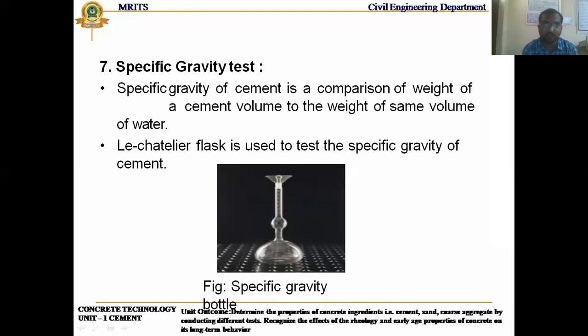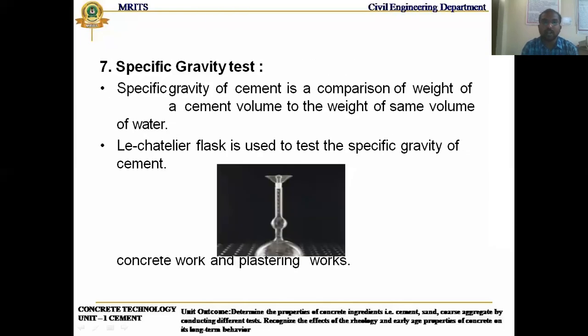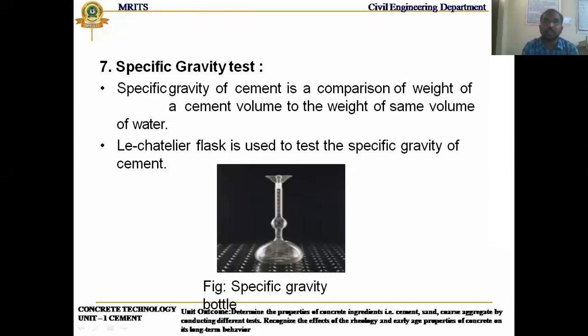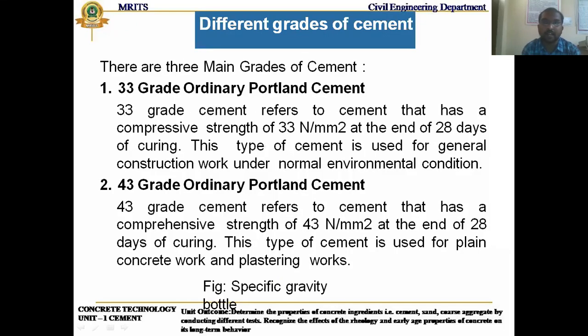First, we need to take the initial weight of the specific gravity bottle, and later we fill it with the cement and take the weight, and after that we fill it with the kerosene and repeat the process. I have explained that process before also. Specific gravity is the unit weight of the substance divided by the unit weight of the reference material. The reference material that you are taking here in the specific gravity test is kerosene. By using that formula, we can determine the specific gravity of the cement. And these are some of the physical property tests that we have revised.